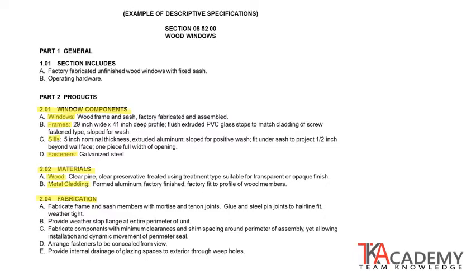And then, I'm not going to go through each one of these, but you can see the long, lengthy description here of each one of these components. On frames here, it's called out the size. It's talking about how the material must match the fastening type. It's got to be sloped for wash. Here again, it indicates the size of the sills and fits underneath the sash to project 1/2 inch beyond the wall face. So you can see this gets very, very descriptive to where we are really dictating how this is assembled and put together.